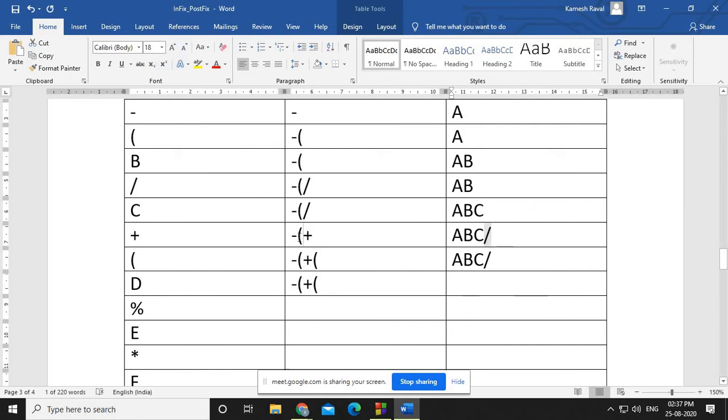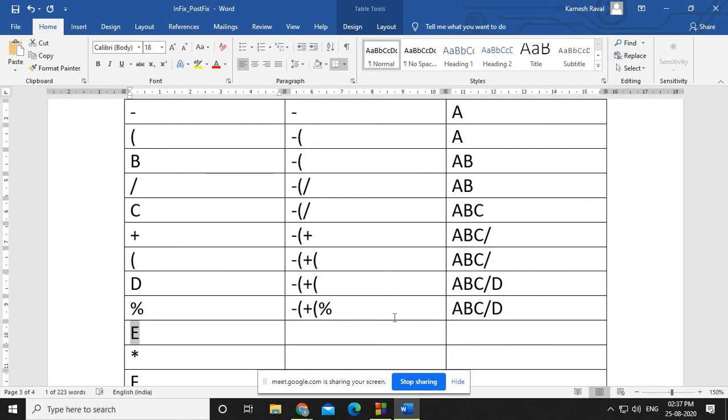Now you know the next is what? This opening parenthesis, but whenever an opening parenthesis is there, you can push that plus. So here the scenario is something like this, right? Okay, so now what we have is ABC slash D. Then you have a modulo sign. Modulo sign, you just need to compare it with this, but you know this is the opening parenthesis, so you just have to push that operator. So here the modulo sign is there, there is no change, ABC slash and D.